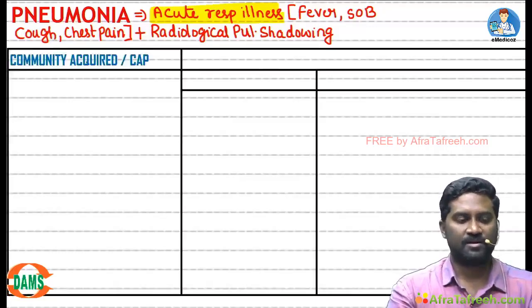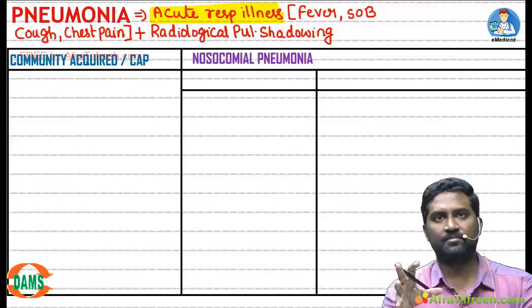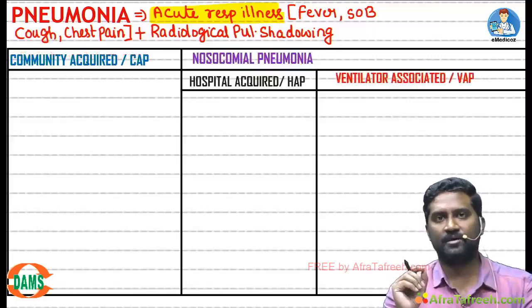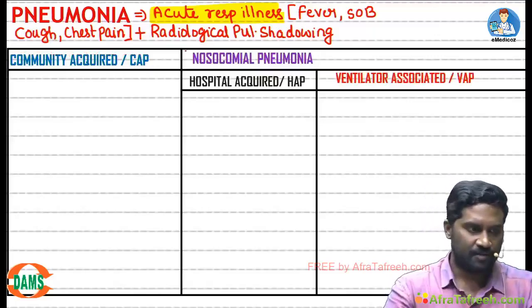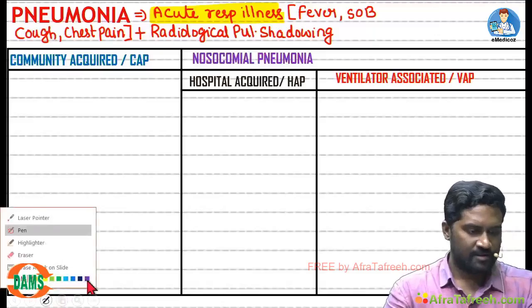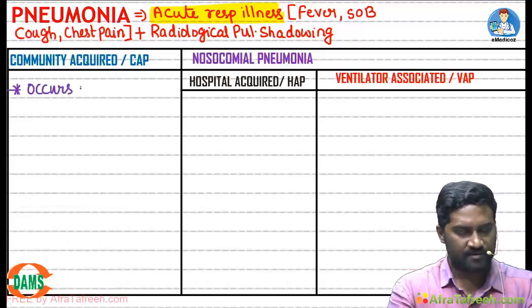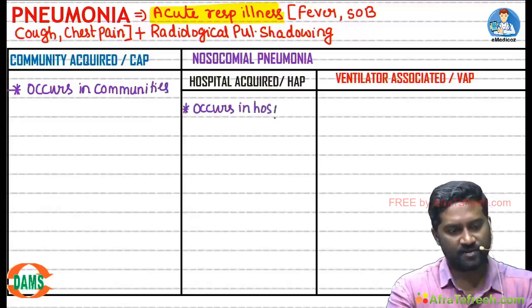We have community acquired pneumonia and nosocomial pneumonia. Nosocomial pneumonia is a broad terminology. It includes both hospital acquired pneumonia and ventilator associated pneumonia. Let us start with community acquired pneumonia. As the name mentions, it occurs in communities. Hospital acquired pneumonia occurs in hospitalized patients